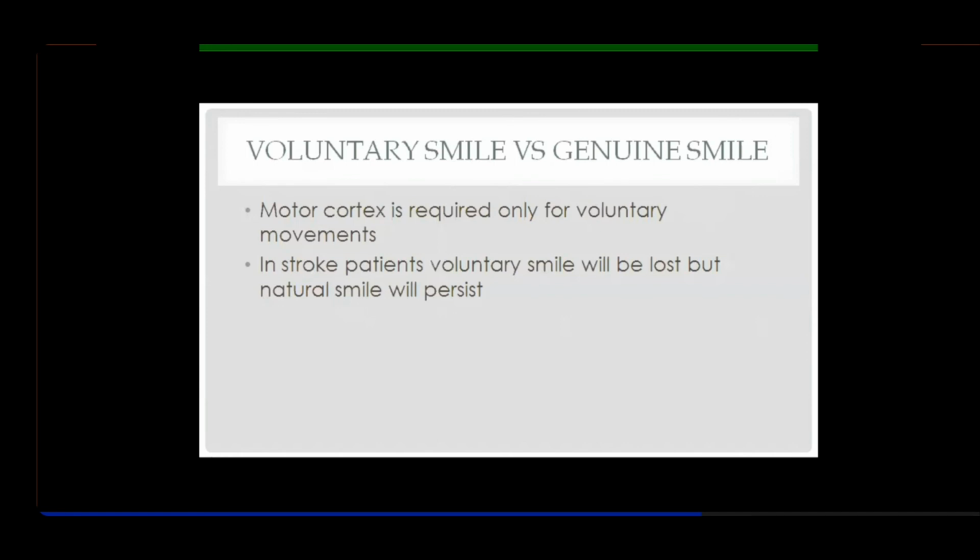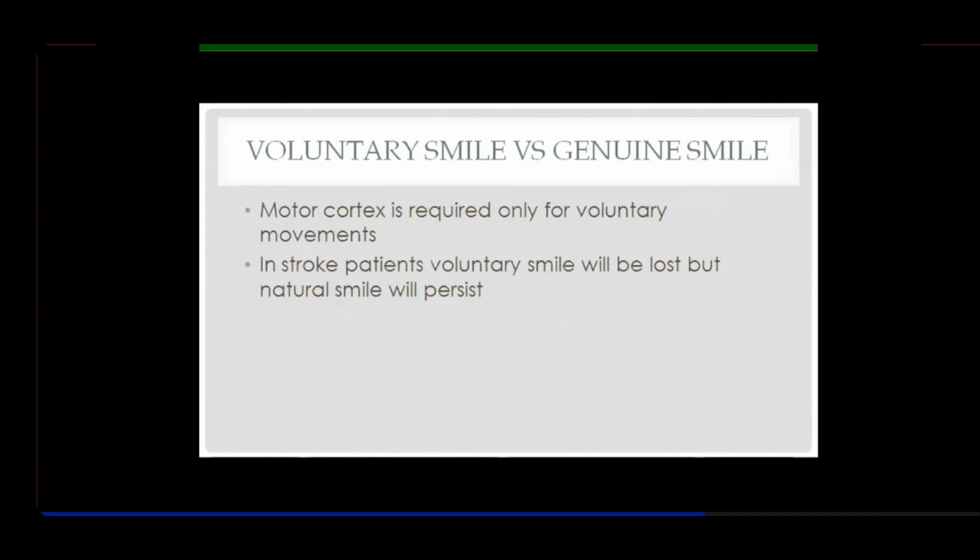Let's read whatever is written here. Motor cortex is required only for voluntary movements. Remember this now. As I was telling you, area number 4 is for your corticospinal tracts, right? So the fibers coming from the motor cortex are involved. Even number 6, remember, was involved in association with area number 4. It was involved in the voluntary muscles of the limbs. But there